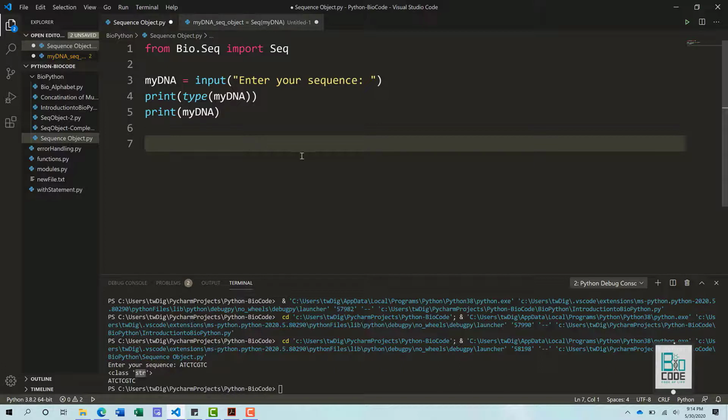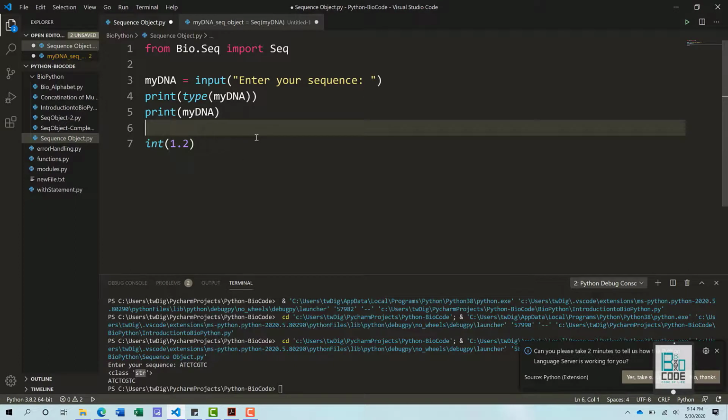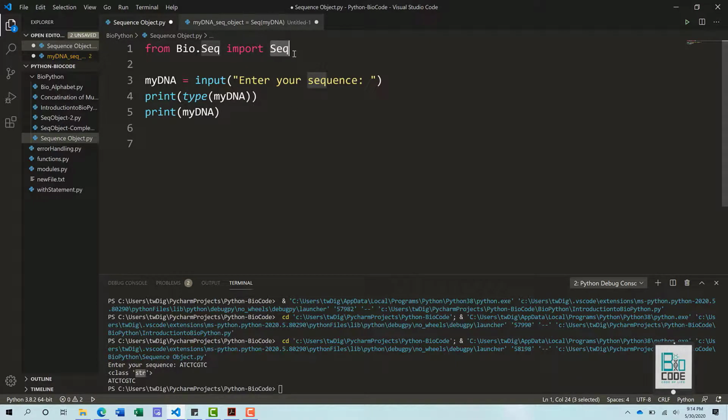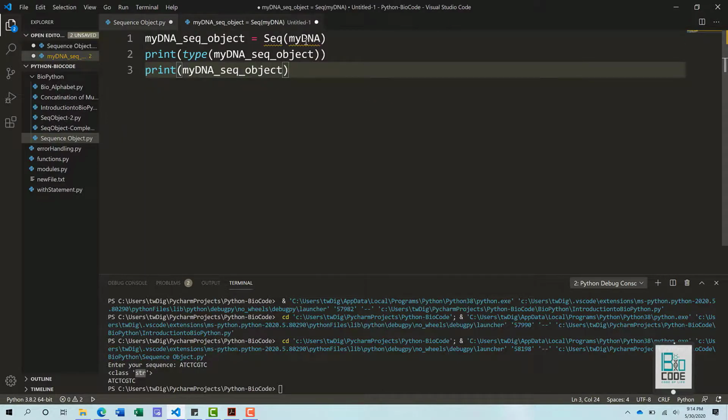For example, if you have watched previous videos, you would understand that if we would like to convert a particular float value to a particular integer value, all we needed to do was put int on the left hand side and pass the float value to the integer function, so that it could be converted into an integer. So we are going to accomplish the same thing. Through the Seq class that we imported, we are just going to pass our my DNA, which is